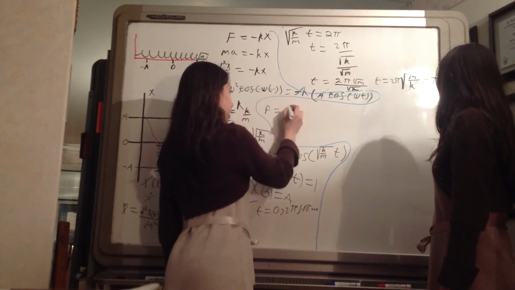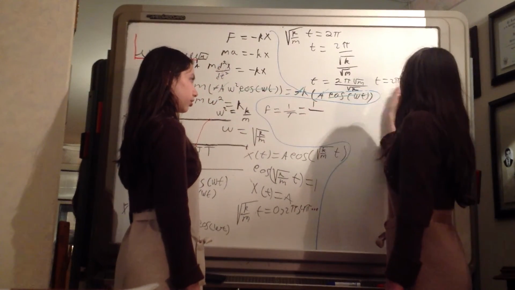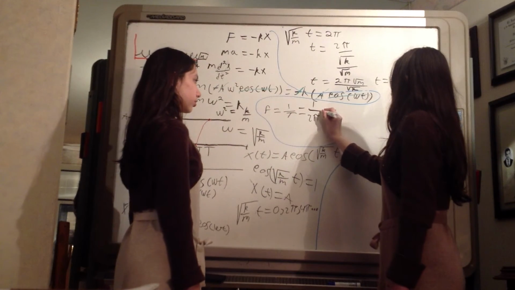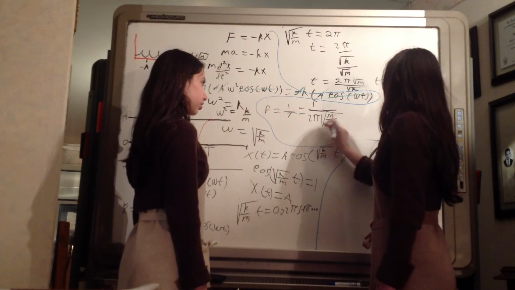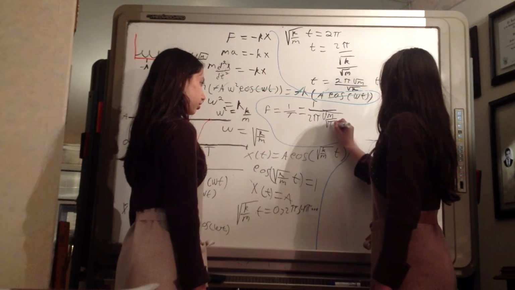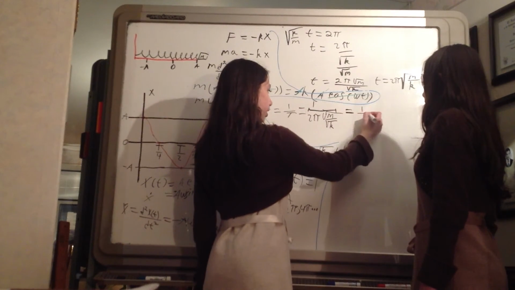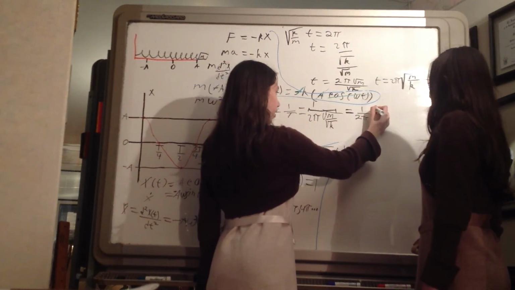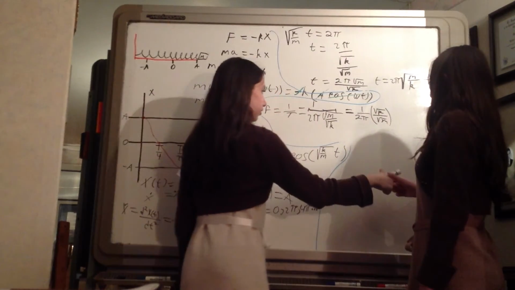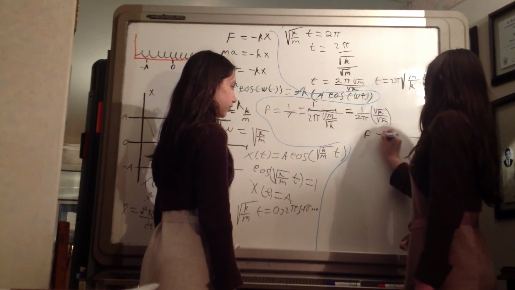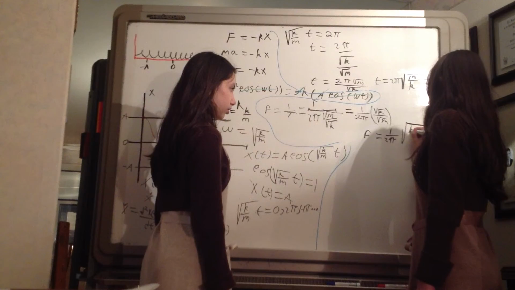and we know that the frequency is equal to 1 over the period, and so the frequency is equal to 1 over 2 pi times the root of the mass over the root of the constant of the spring, and so the frequency is equal to 1 over 2 pi times the root of the constant of the spring over the root of the mass,